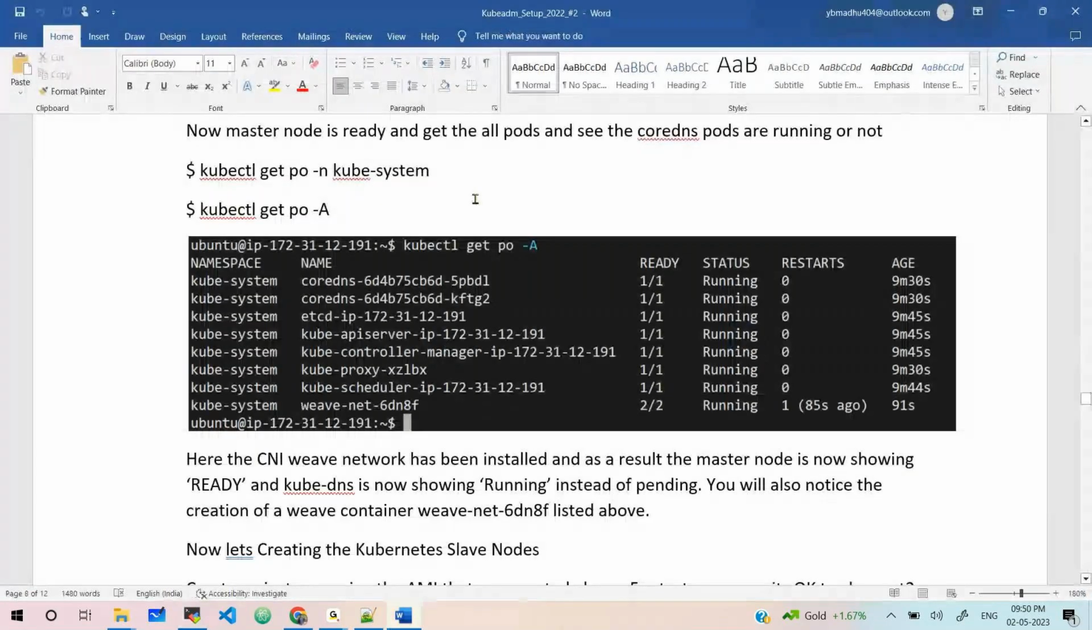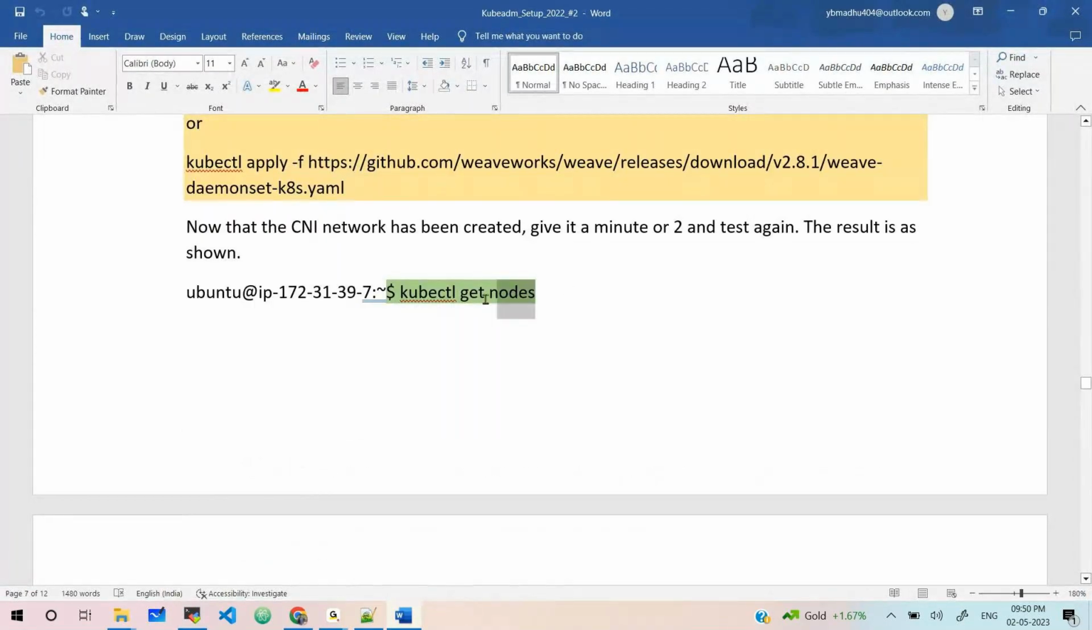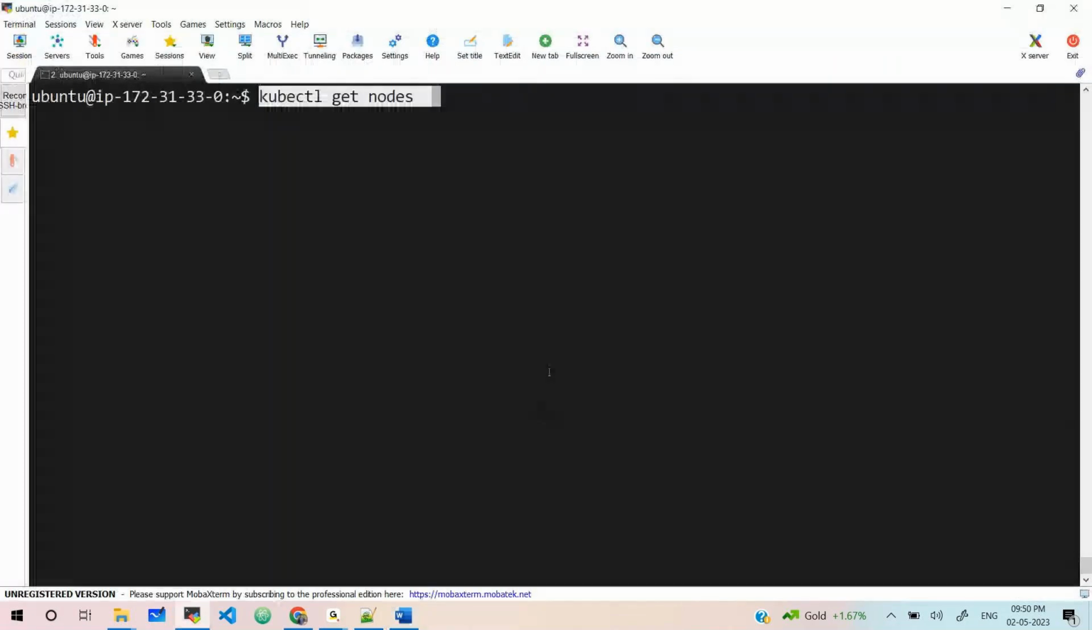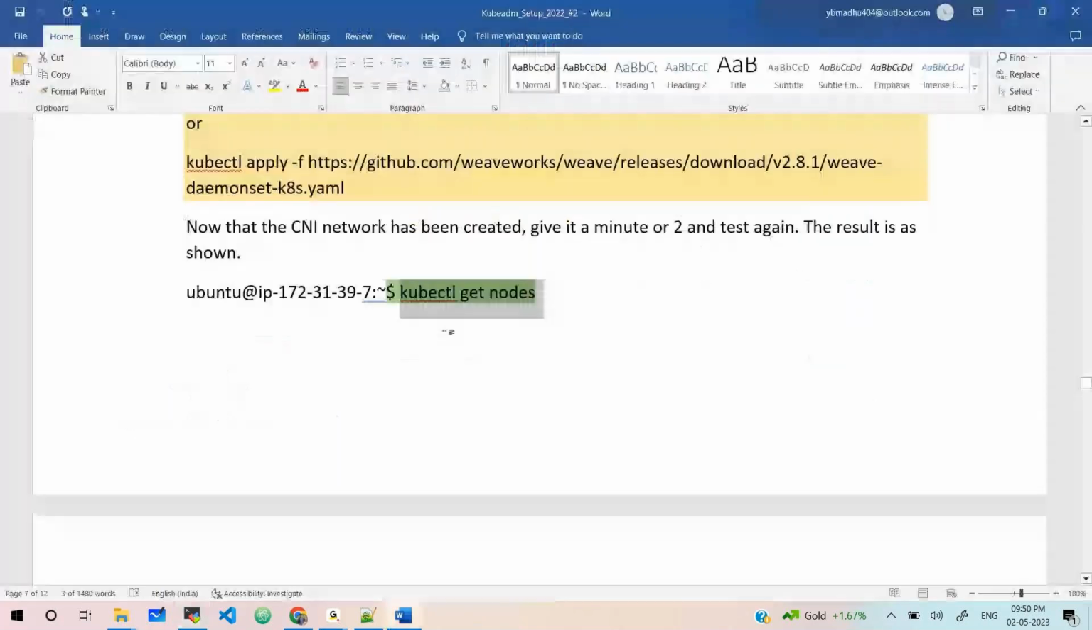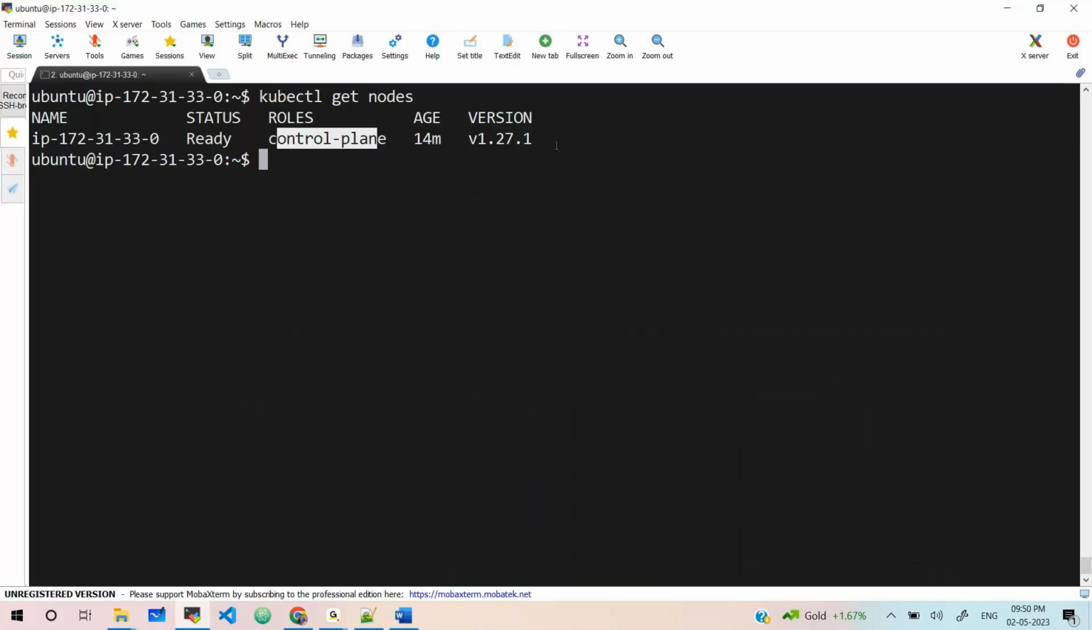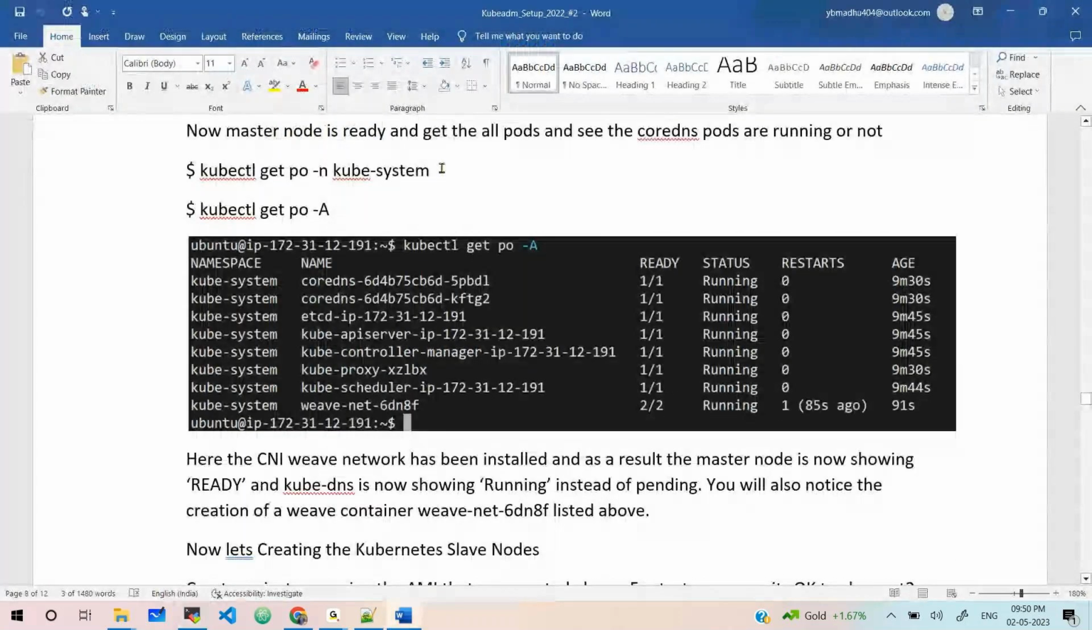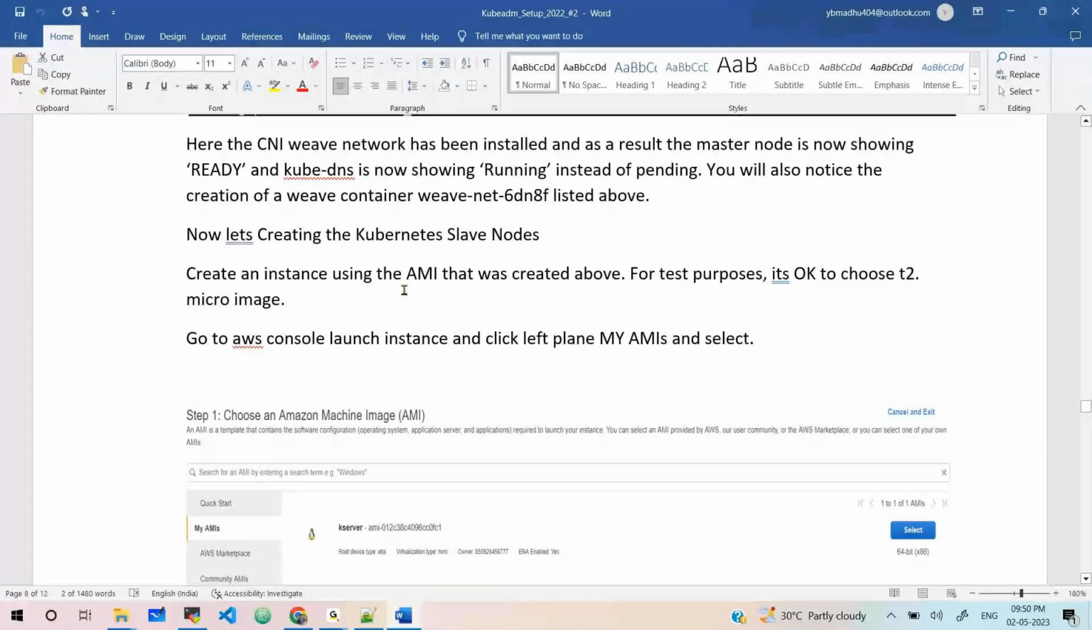What happened? Previously it was in pending state. Now let's see what the state is right now. Now it is ready. Our control plane is ready. The control plane means the master node is ready now. Which version did we install? Like 1.27.1, that is the latest one that we installed. This is one like a namespace person, that's what I just gave the commands to understand. Next, once everything is ready,